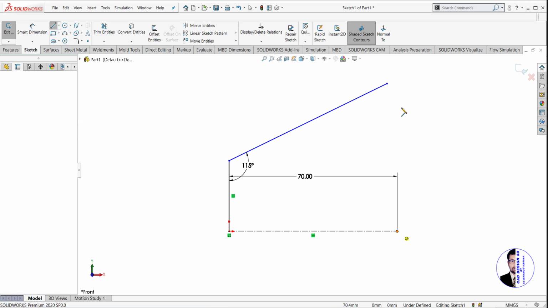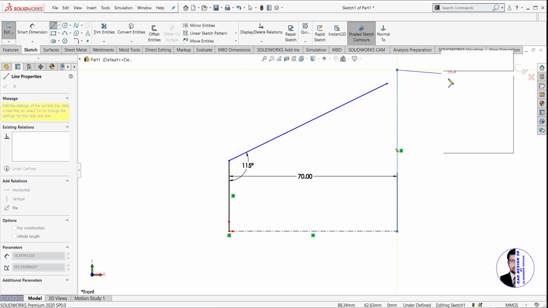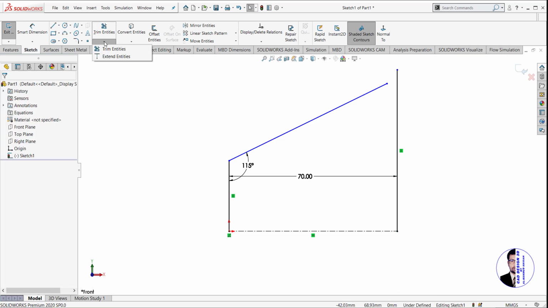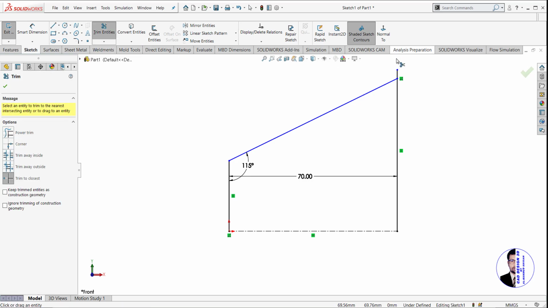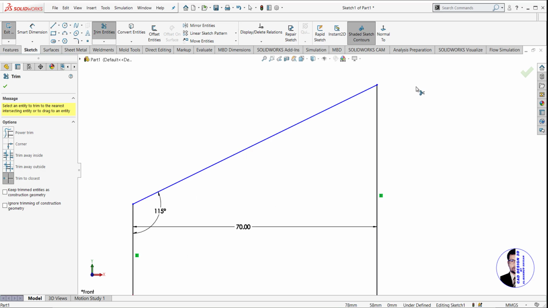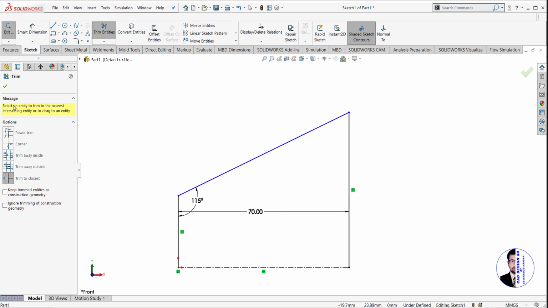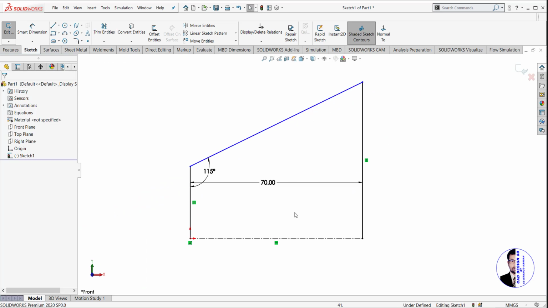Again select line, make sure extend, again select trim, unwanted trace, now trim the unwanted trace. Okay,